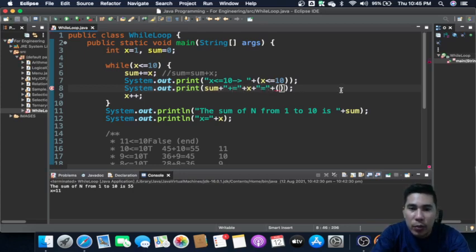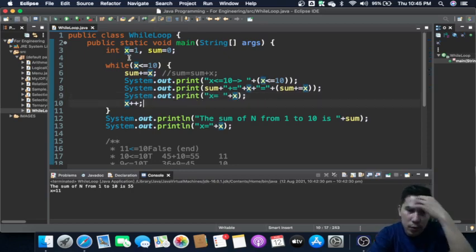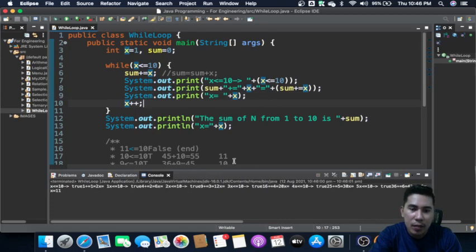And after that, we are going to display the value of x, so we have x equals, plus sign, which this time is x. We don't have a print line yet, so let's put a print line here.